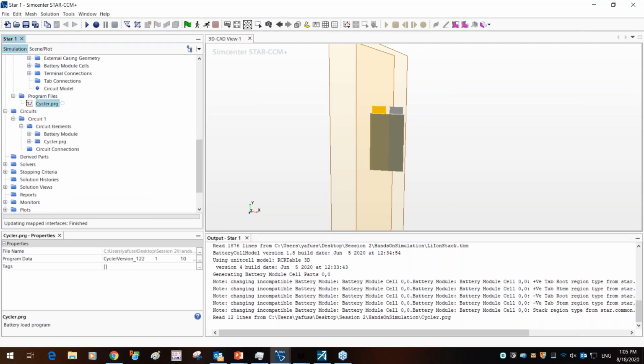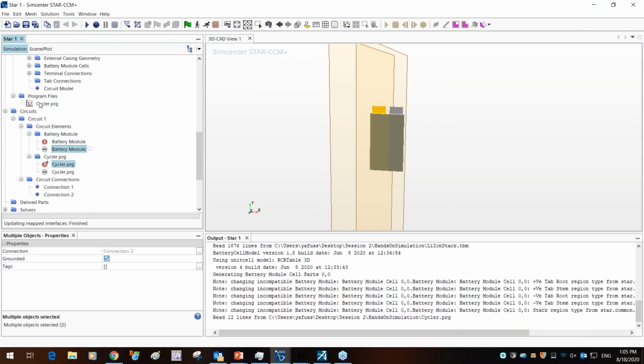What's going to happen is we're going to see the positive and negative anode and cathode for the battery, and the positive and negative of the cycler. We're going to connect this negative to the positive. So right click, create connection, positive to the negative, and create connection.